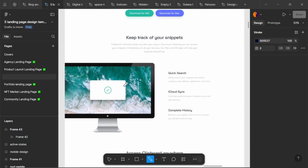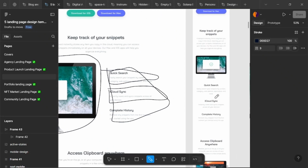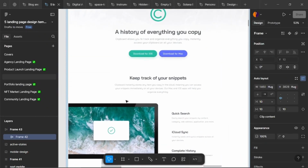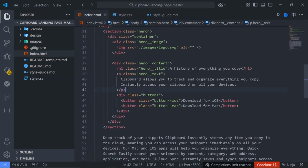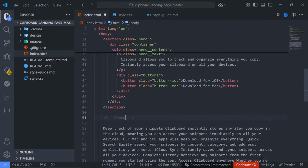So we have 2 columns. So this one is on one column, then this one as well is on its own, then this stuff right here, they are inside a div which is being stacked right here. So the first thing we'll do is to go back to our index file, create another section, call this one features section,